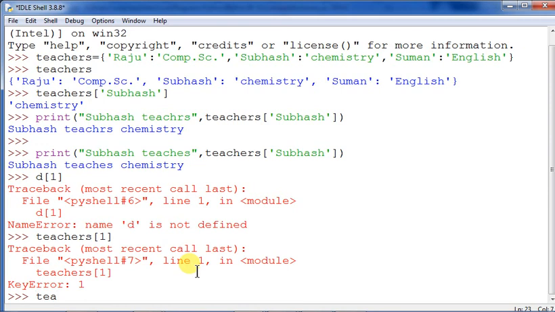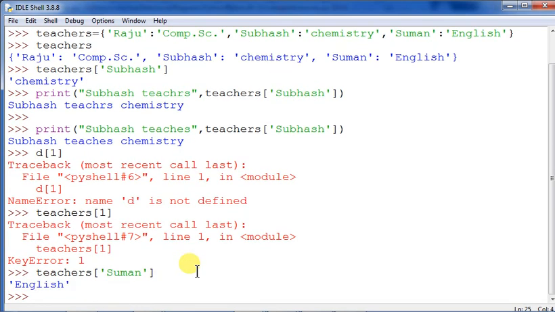But if I give teachers and then Suman, English will come. Now see teachers, and then I give Suman. I want to change the subject now, so what will you do?